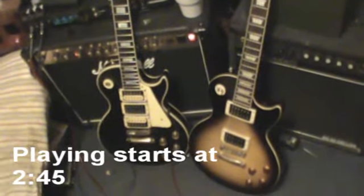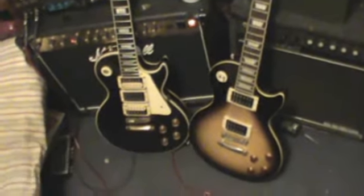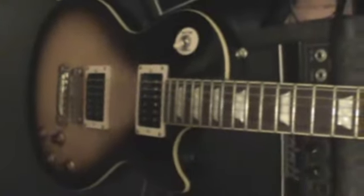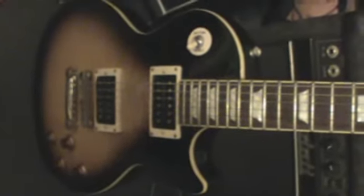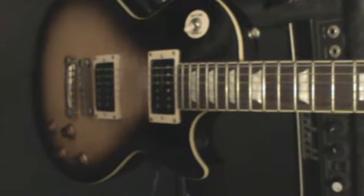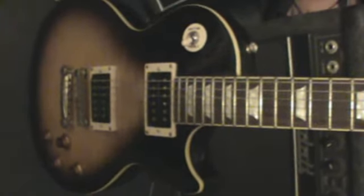Okay, so we're going to do a shootout of two Les Pauls here. We're going to do a Greco and an Epiphone. Now this is the Made in Korea or China, I'm not sure, Epiphone Tobacco Burst. This is the first of the Epiphones, and is still considered one of the better Epiphones